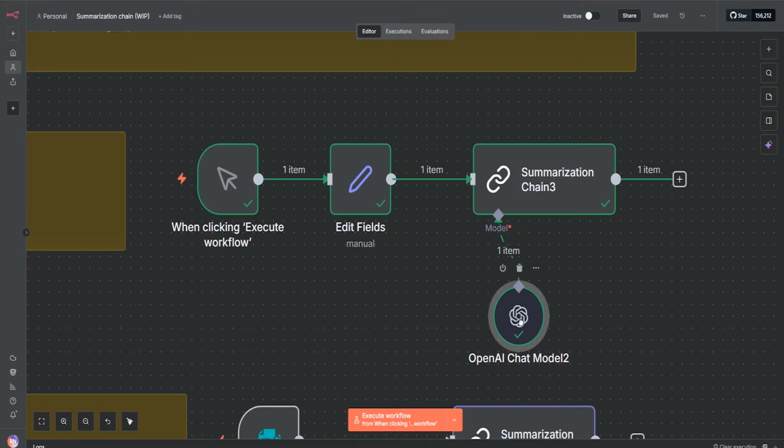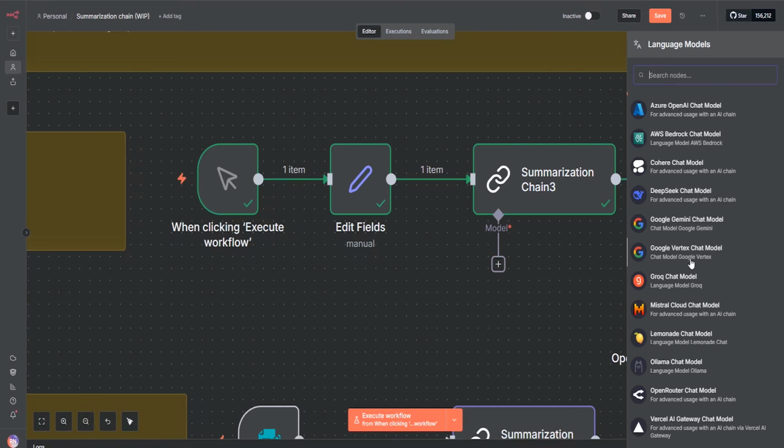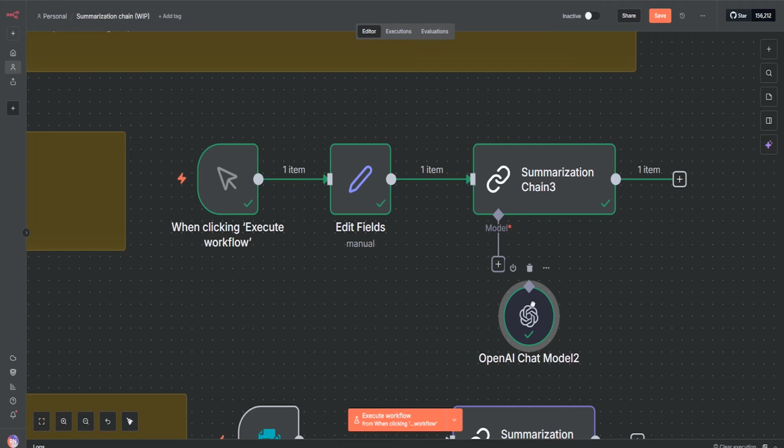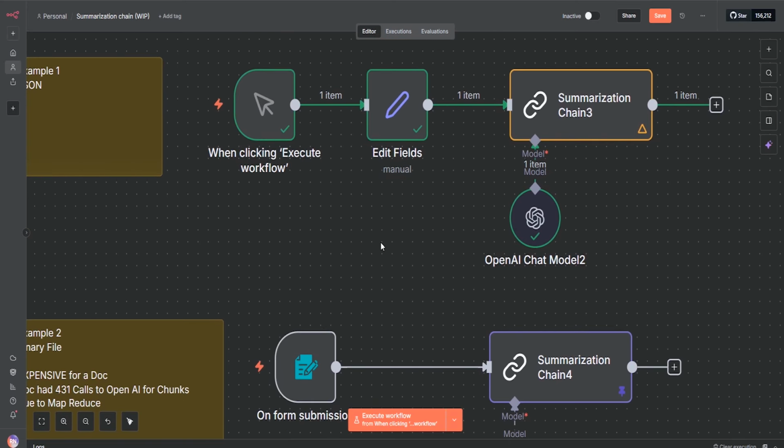Now, our other thing we have to do over here is add in a large language model. So you can just go over here and add whichever one you want. I'm just using OpenAI. I typically use those for these videos because it's probably one of the most popular ones. I do use Claude occasionally as well, like Sonnet 4.5, but I need to make that video still. I've been using it in n8n, but I just haven't had a chance to make that video, but don't worry,